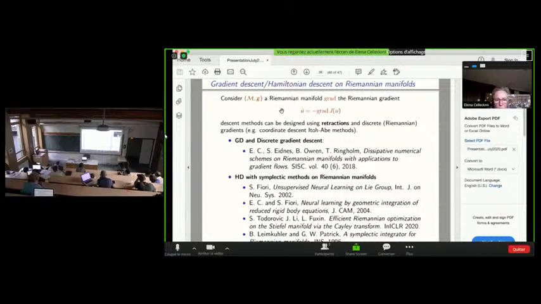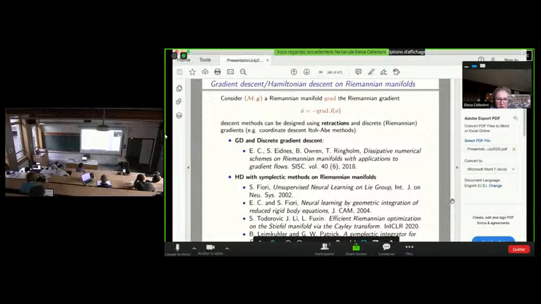So one could use methods which are adapted to manifolds. In particular, discrete gradient methods on manifolds are those which guarantee the descent at each iteration. There is one particular one which is based on the Itoh-Abe discrete gradient, which I presented last year at the GSI conference, which is particularly interesting because it's relatively cheap. It's quite cheap to implement.